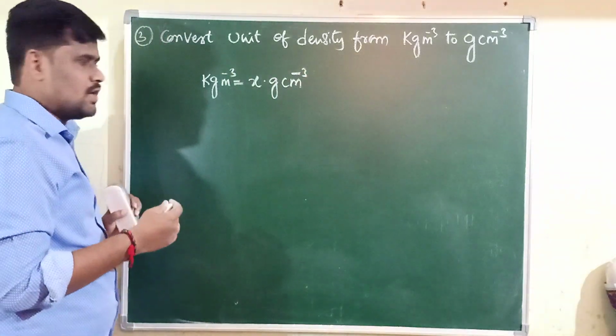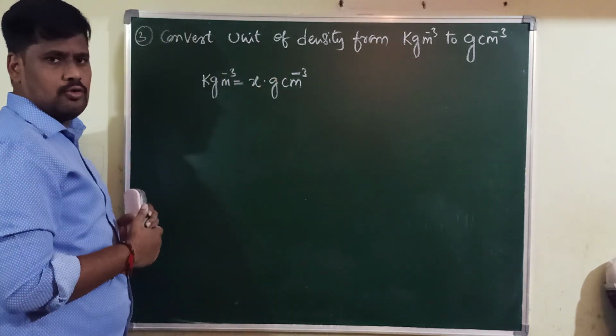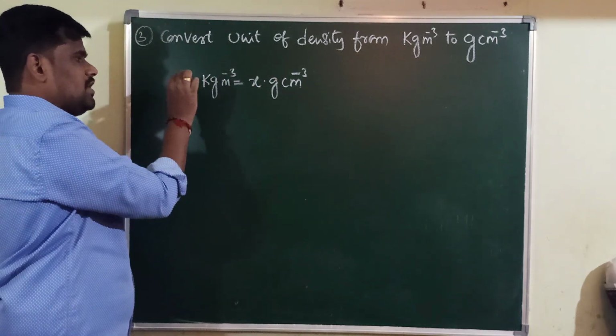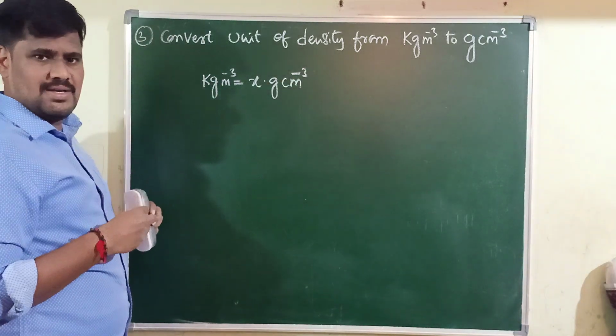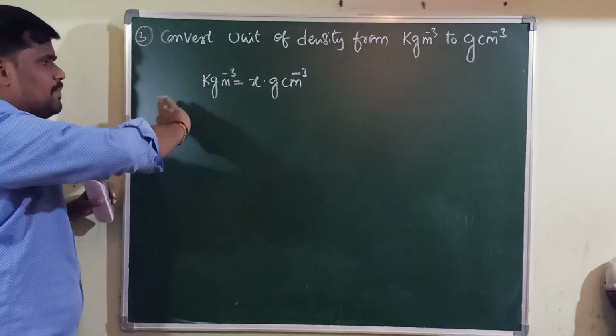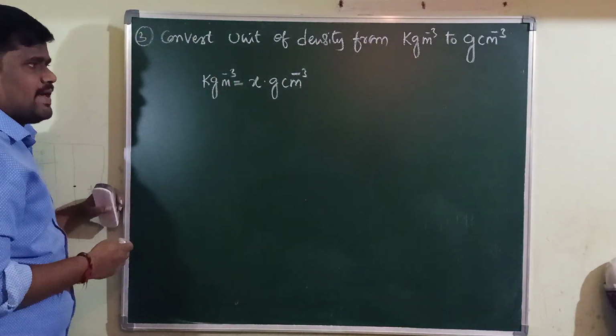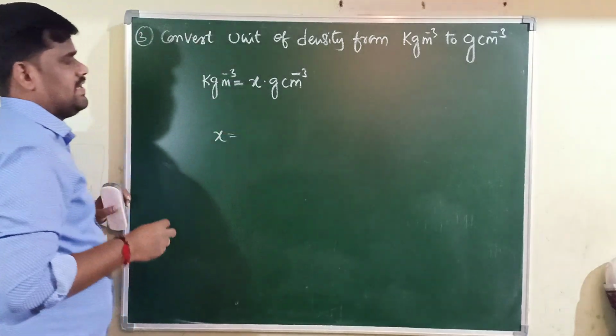They are asking you to convert from kg per meter cube to gram per centimeter cube. Therefore 1 kg per meter cube is equal to x gram per centimeter cube. In the first step I will take 1 kg per meter cube as x gram per centimeter cube. Then what is x here? x can be written as